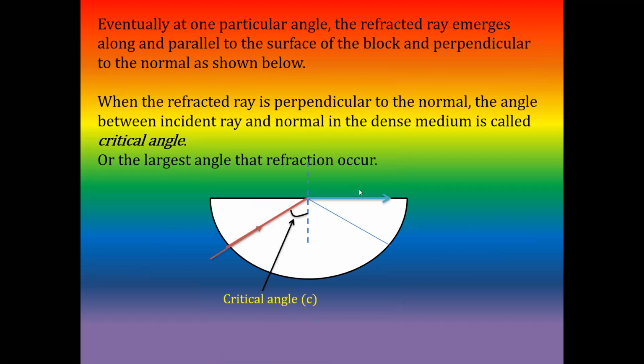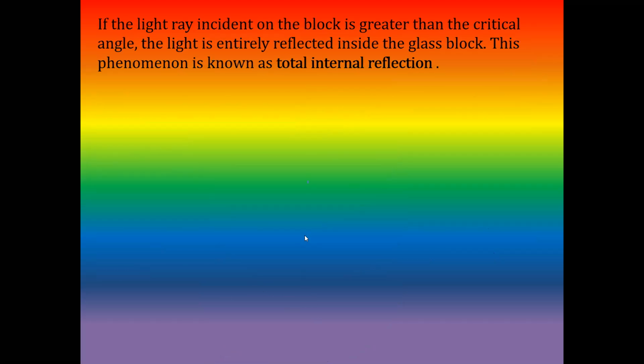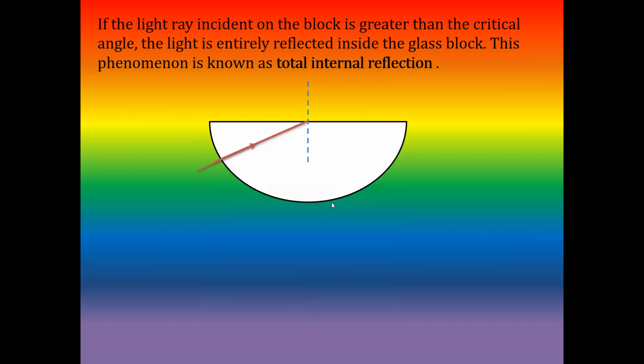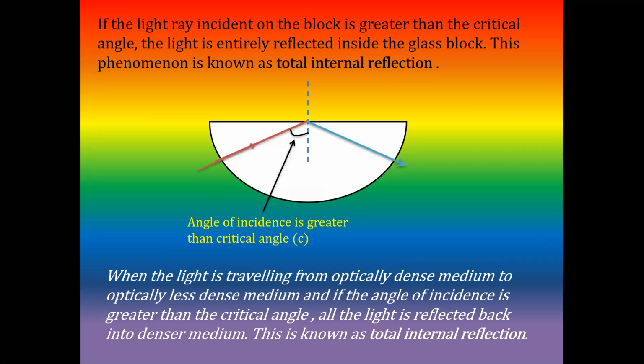Okay. So what happens if we increase the angle more than the critical angle? Then what we observe is all of the light is reflected. We call that total internal reflection. Then, the applications of total internal reflection: do you have any concept about optical fiber or fiber optics? This is used for communication, for transferring information or data from one place to another.